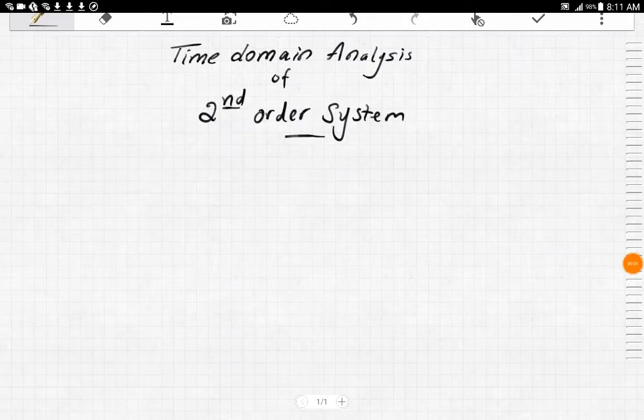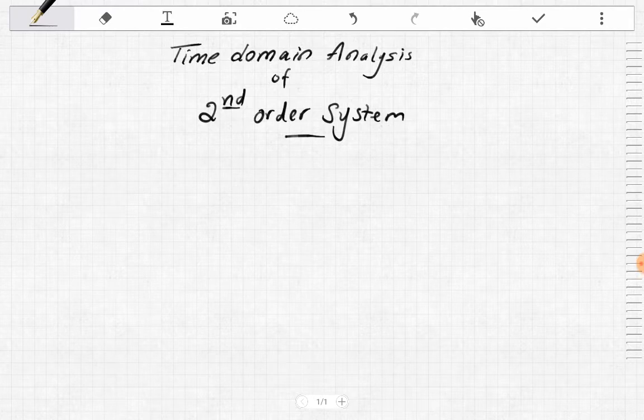Okay, today we are going to explain the time domain analysis of the second order system. Before, we explained the first order system, and we mentioned that the first order system has two important parameters, like DC gain and the time constant. And just to refresh your memory, the first order system